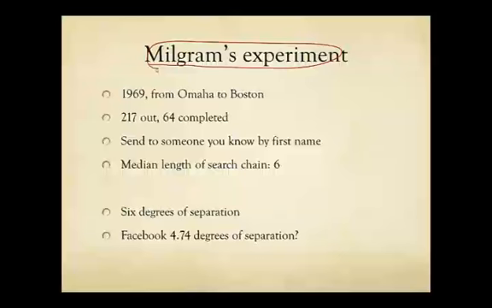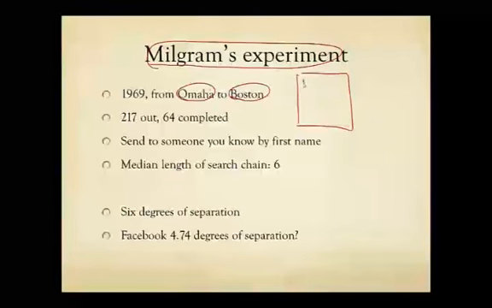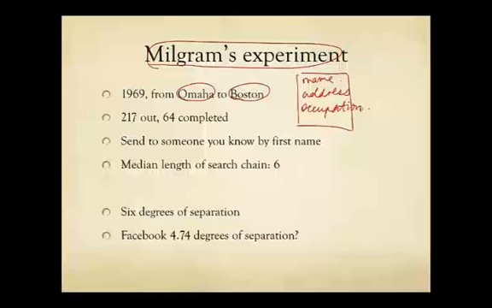Milgram asked people living in Omaha, Nebraska, to send a letter to a person living in the suburb of Boston. And there is the letter with name, address, and occupation. And that's it. No other information provided about this person. Now you probably think, yeah, I need to know the name and address. What about this occupation? Turns out that it is very helpful to know the occupation, because the rule of the